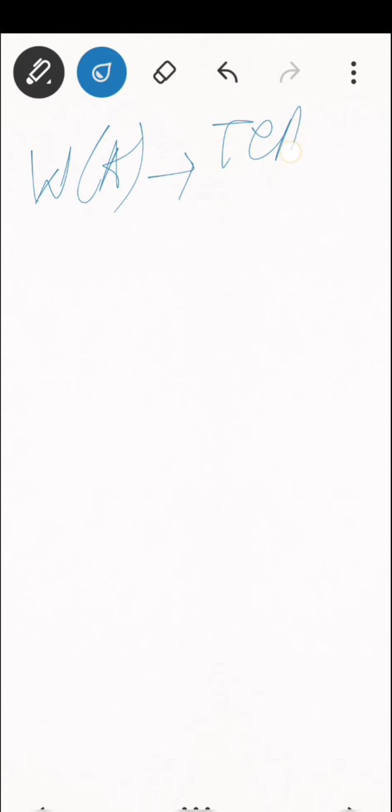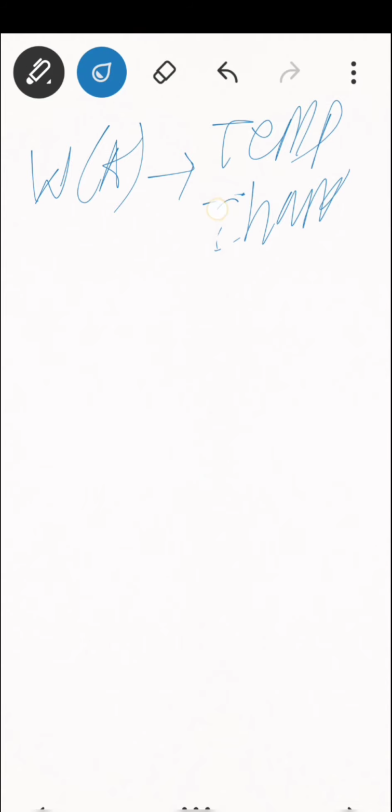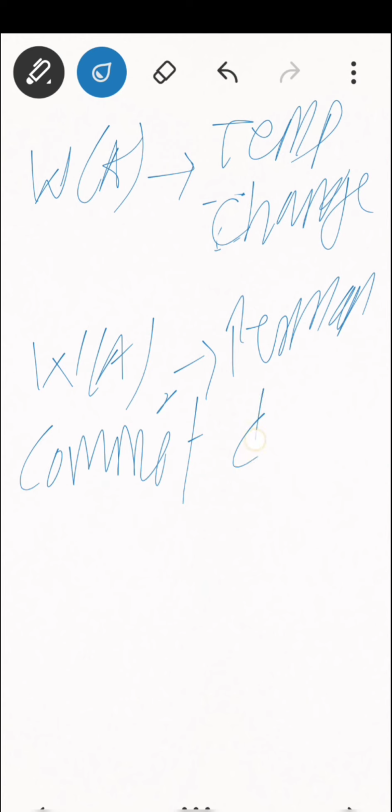Whenever we are writing a value, it is nothing but a temporary change. But if I write something and after that there is a commit operation, then it is a permanent change.